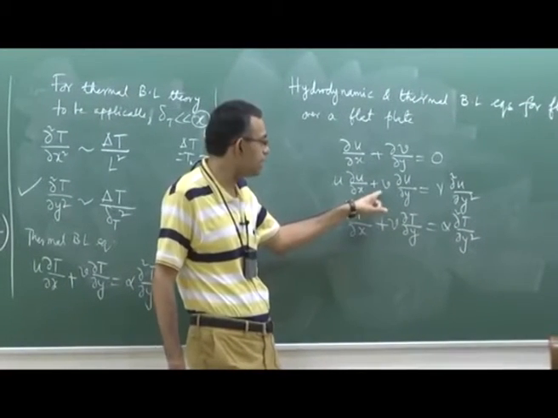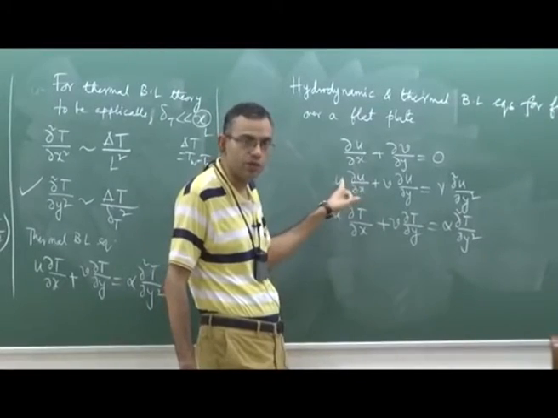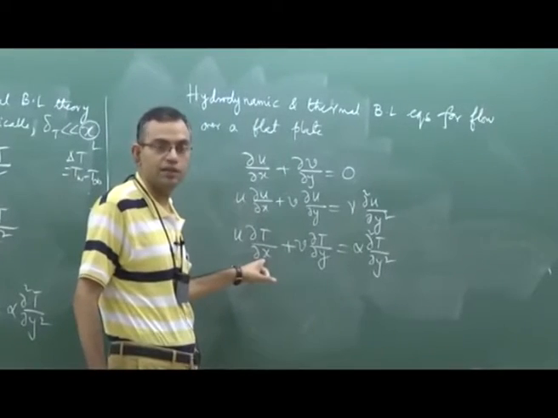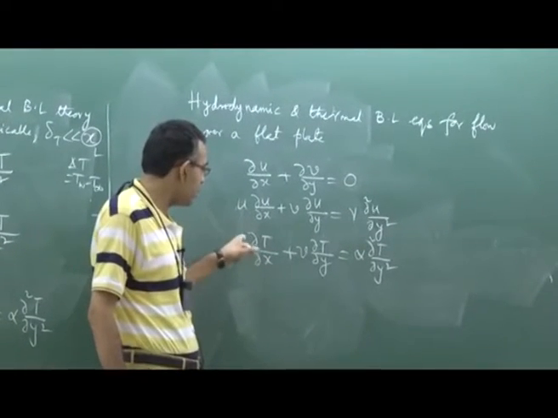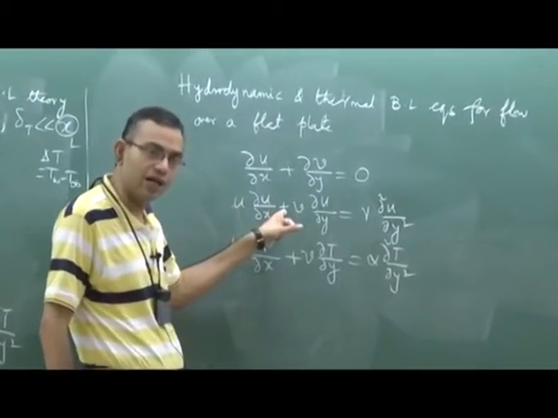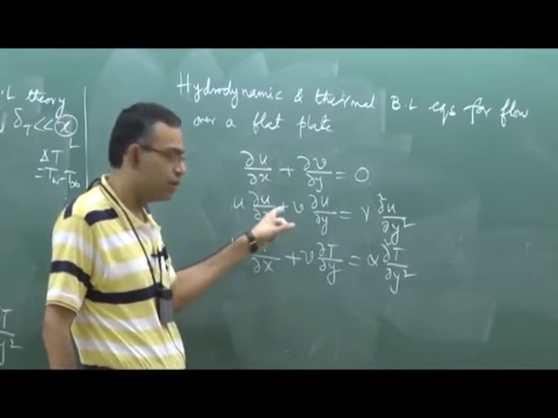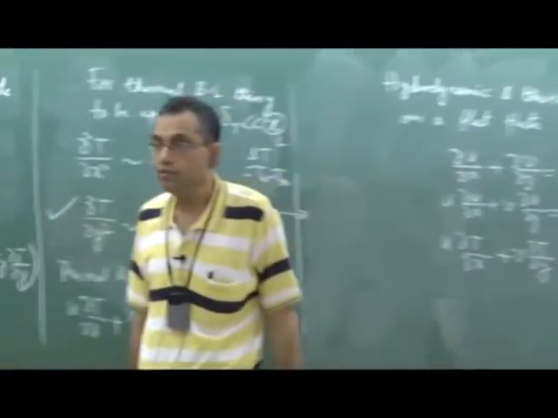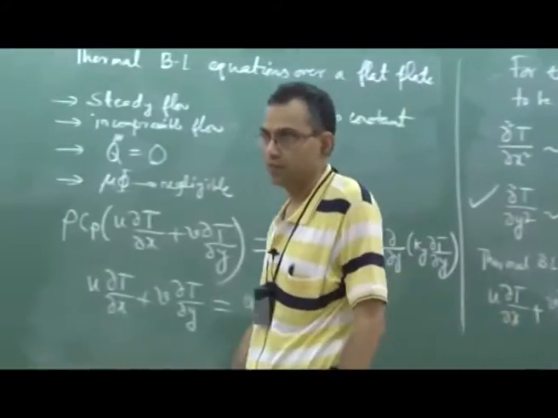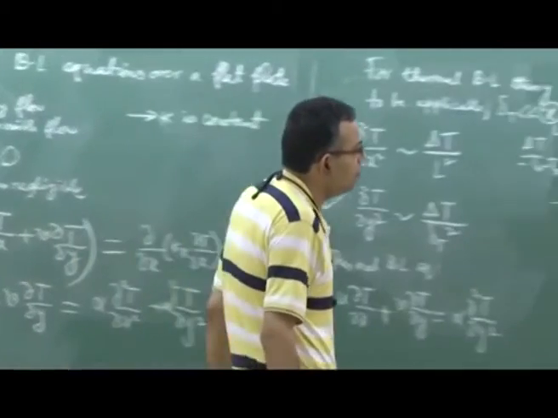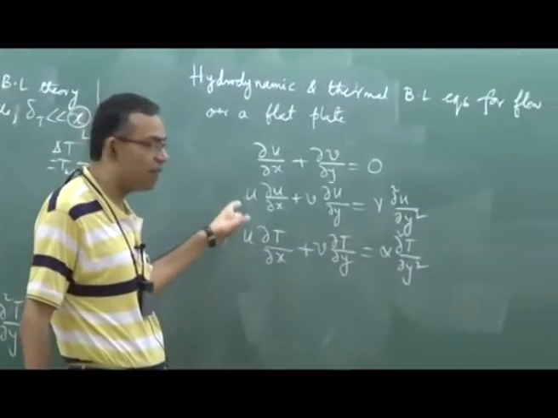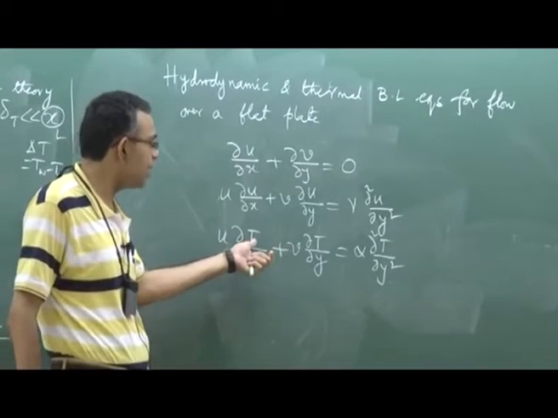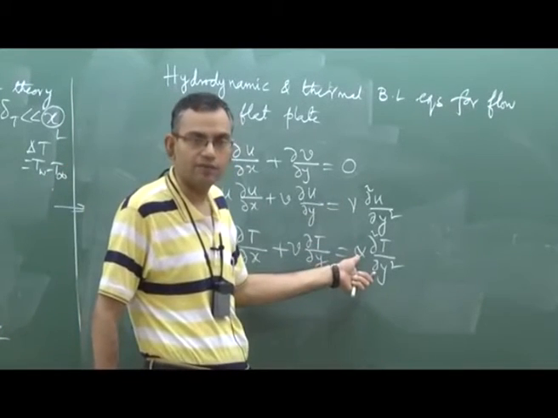This is a non-linear partial differential equation because of these terms like u del x. But the energy equation is linear in T because u is a separate function which you can get from the momentum equation solution. So, once you get u, then it's linear in T. So, you can solve for the temperature. Now, it is very tempting to look into the similarity of these two equations because you see as if u is replaced by T and nu is replaced by alpha.